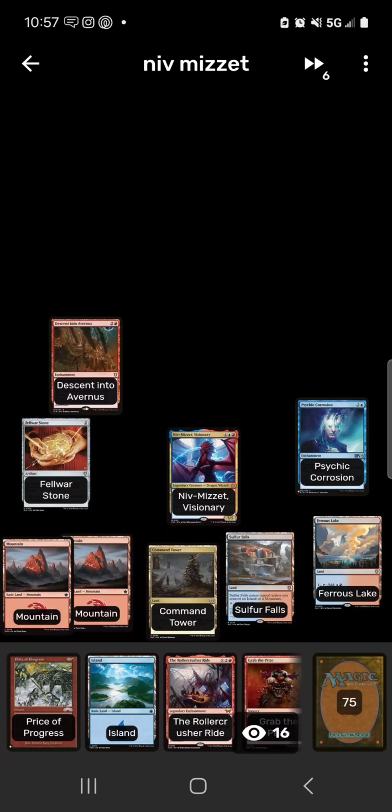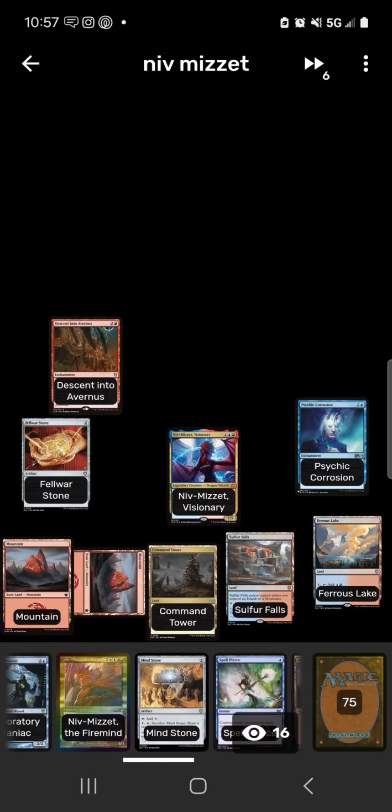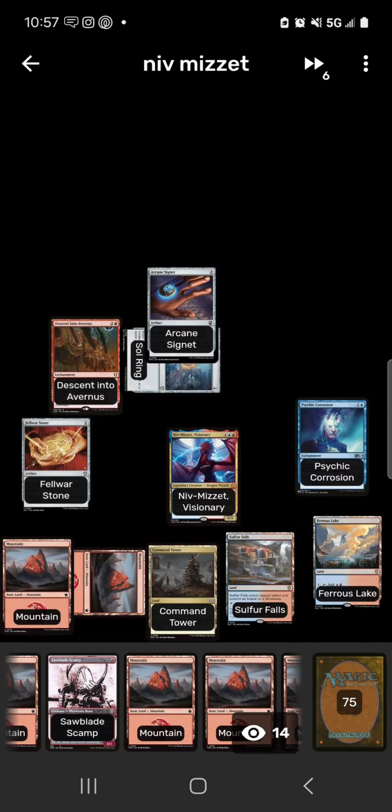At this point, you basically just win, because if they can't remove Niv-Mizzet on the next turn, you are then going to deal 6 damage to each player, draw 18, then they mill 32, but they're already going to be milling more because of Price of Progress. So let's just go. Soul Ring. Where is it? There it is. Soul Ring, Arcane Signet,